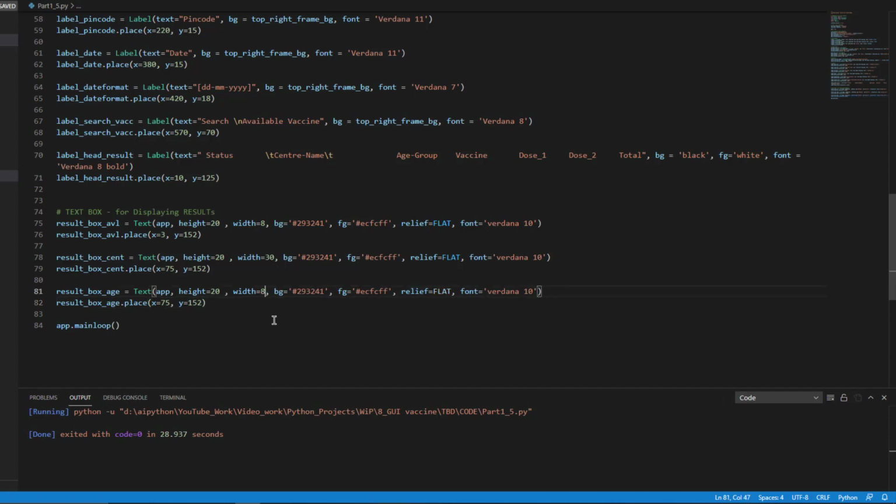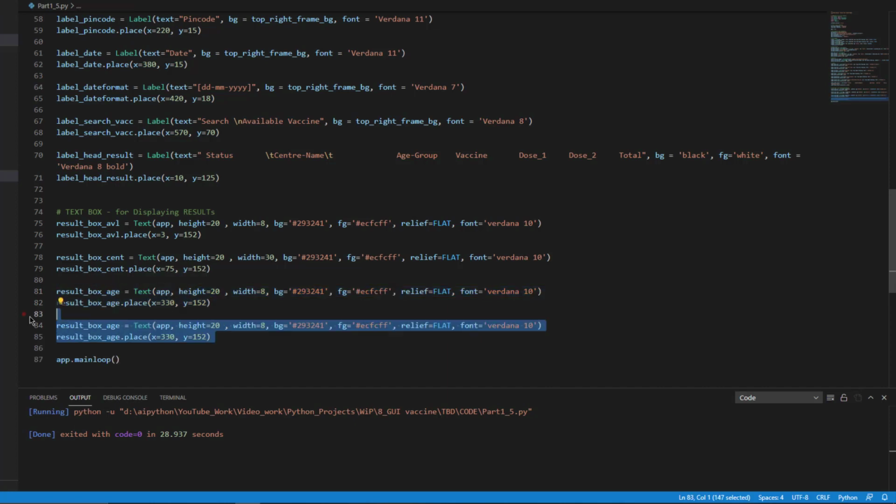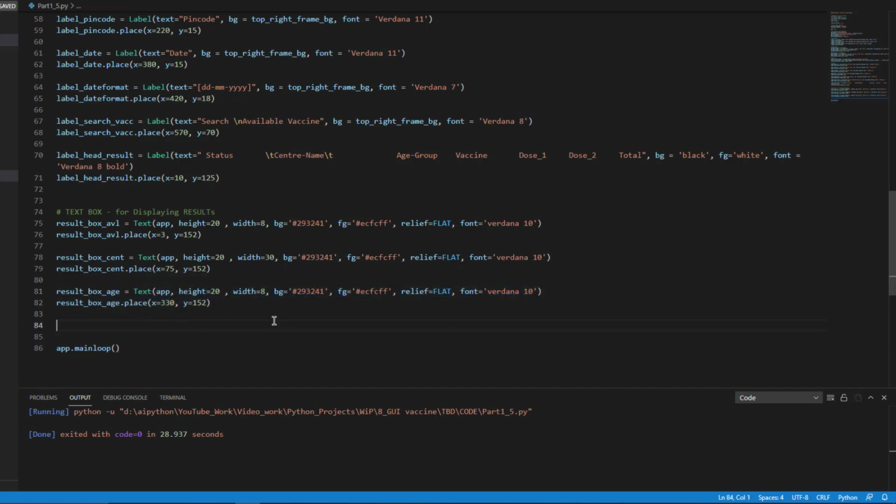Because it's short, I can manage with a width of 8, right? Background, foreground, everything will be the same, font will be the same. Only I have to change the x position because y is also going to remain the same, and x in this case would be 330, and this is all calculated, so no need to put in more brains. You can try with a different value and it gets located at a different place.